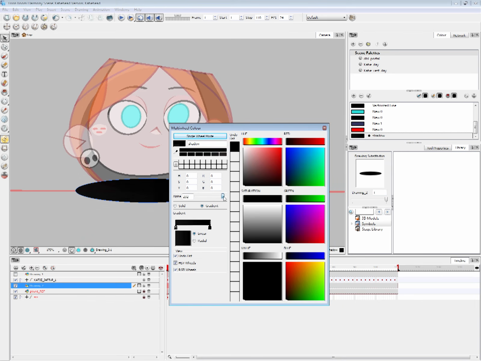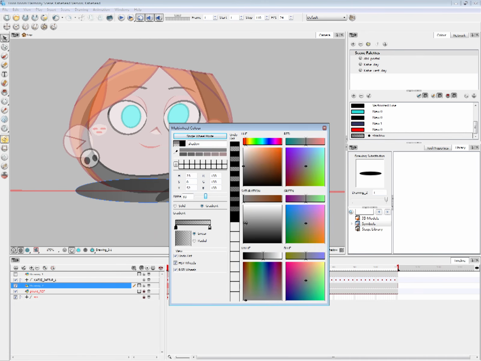One end of the color will have a kind of transparent dark gray, like so. You do that by selecting the color arrow marker here and then playing with the alpha. And the next one, much less, maybe even lighter gray.